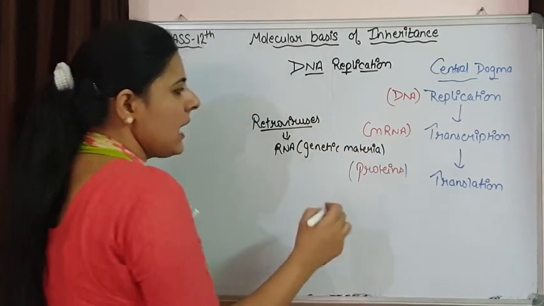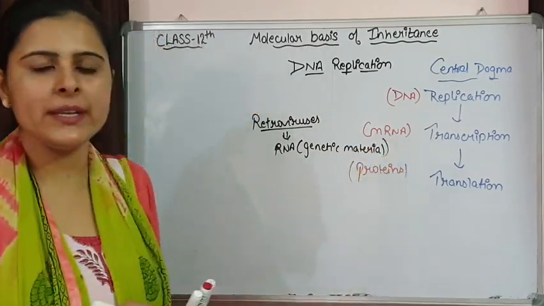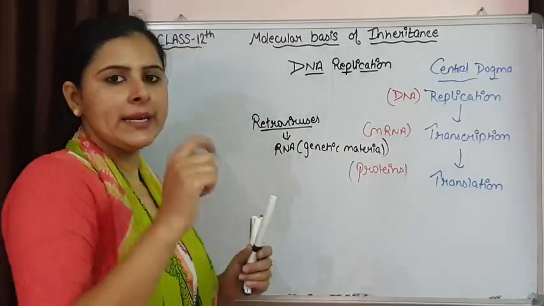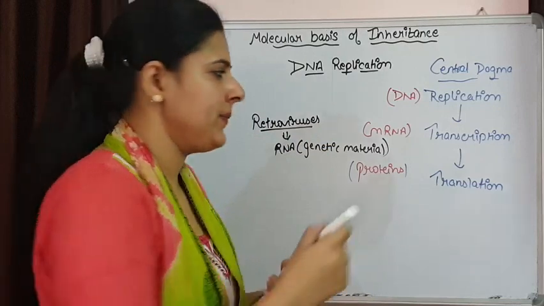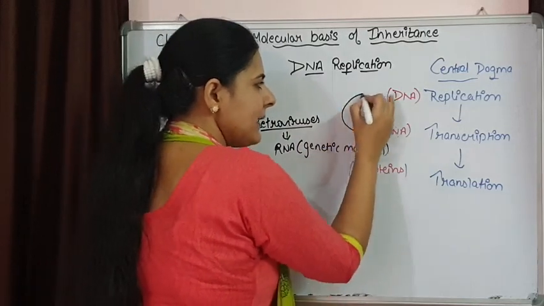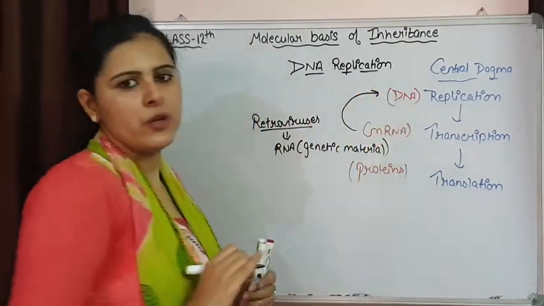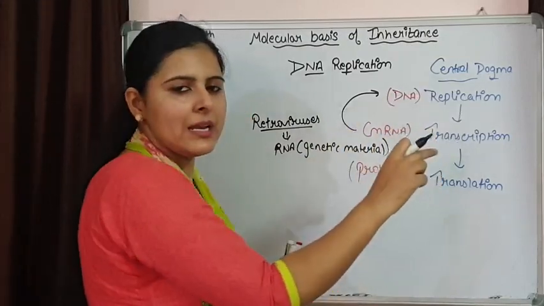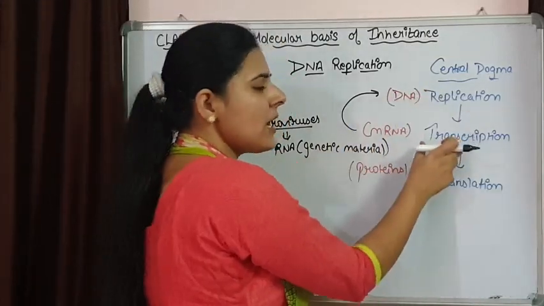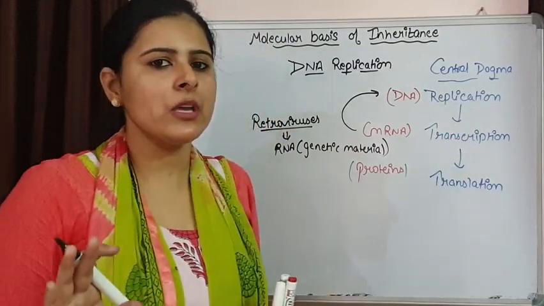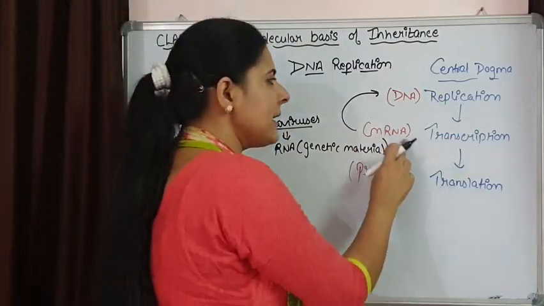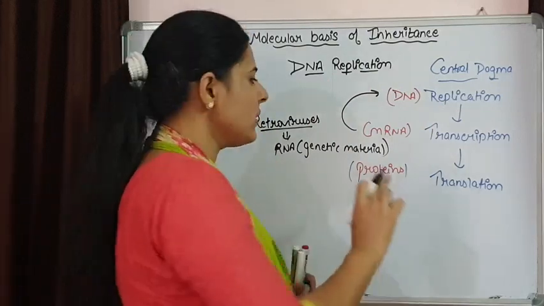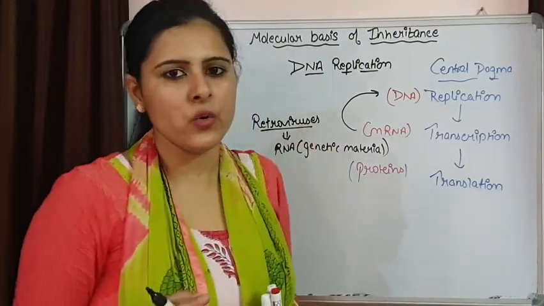These viruses have RNA as their genetic material. What these viruses do is form DNA from RNA. That means from RNA, DNA is formed. That is completely opposite, because earlier we knew that from DNA, RNA is formed, but we did not have any evidence that RNA can also form DNA. This was only known after the discovery of retroviruses.